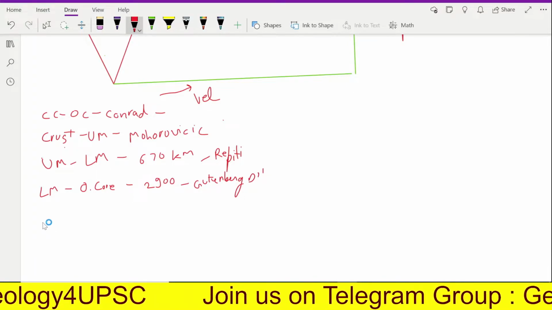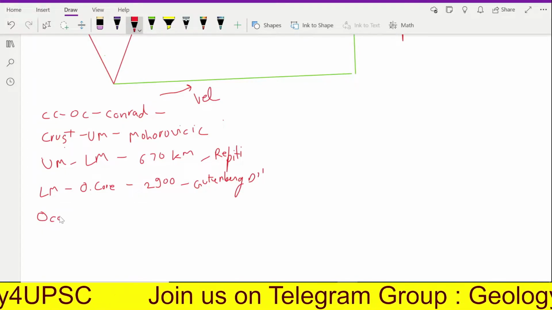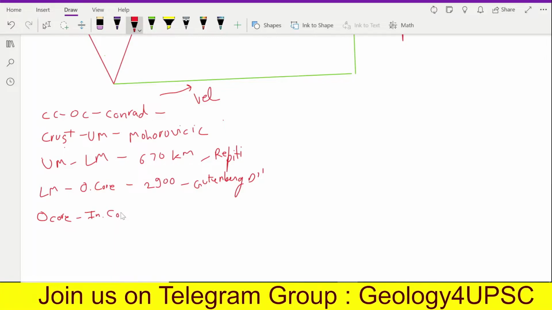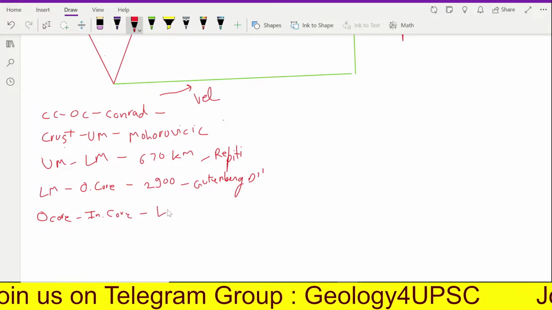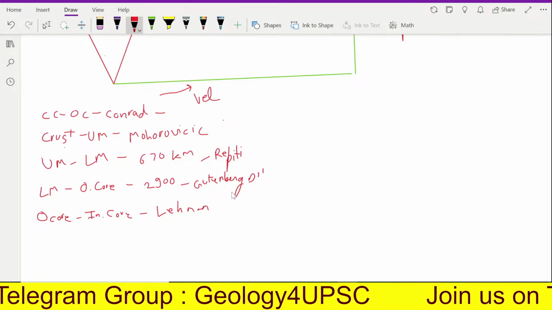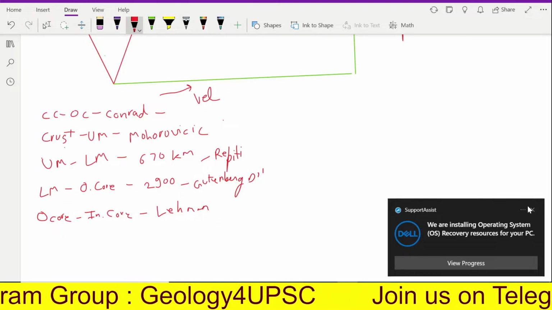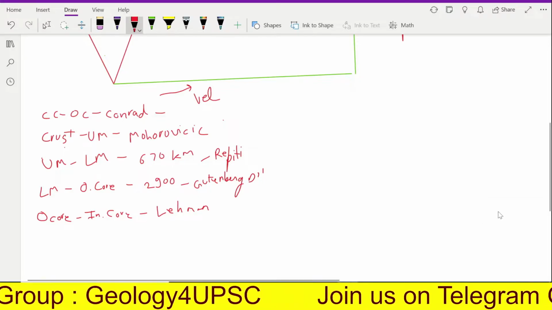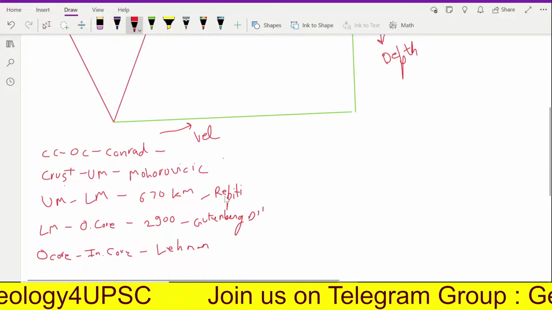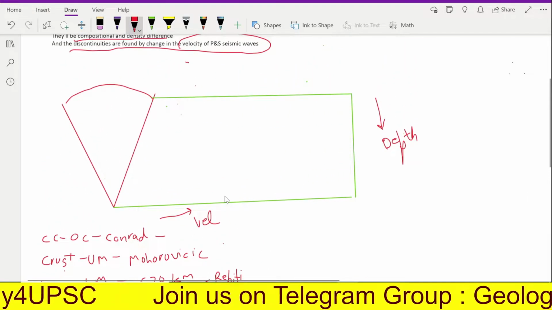And the last one is between outer core and inner core, which is your Lehmann boundary. These are the broad five classifications which we will be writing for 10